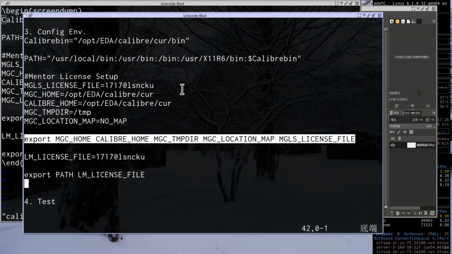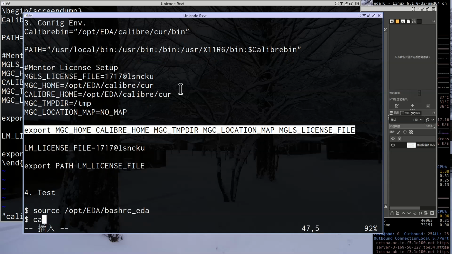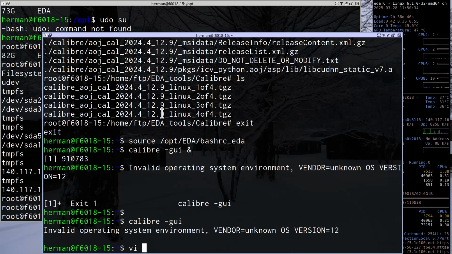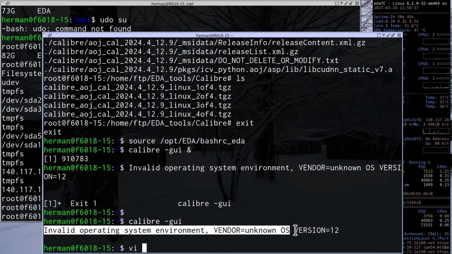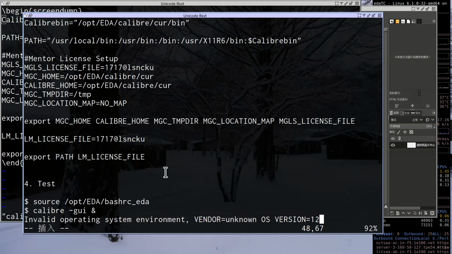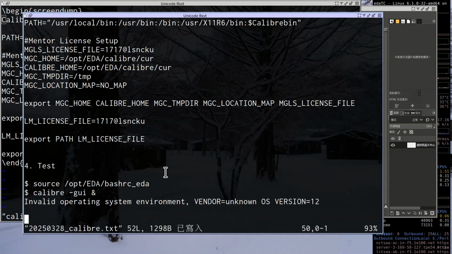So if you test source OPT EDA base RC EDA and Calibre -GUI, then you will see the embedded operating system message. Okay, I will stop here. Then later I will explain how to solve this problem.